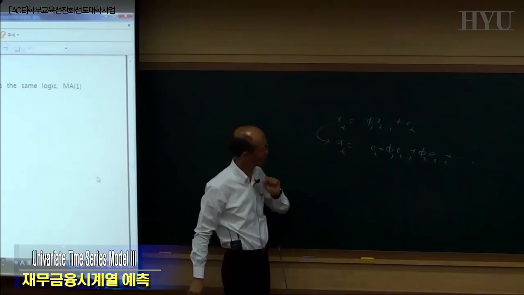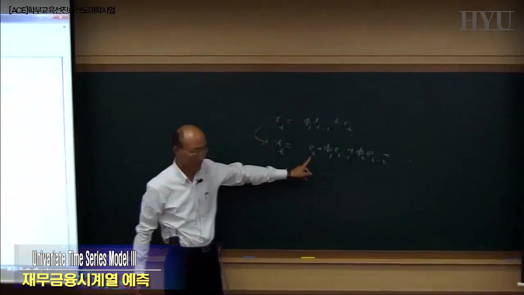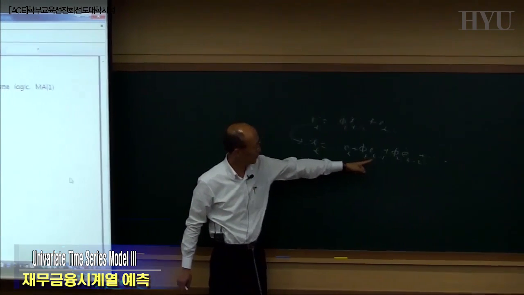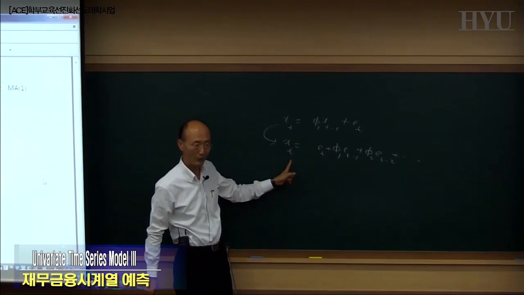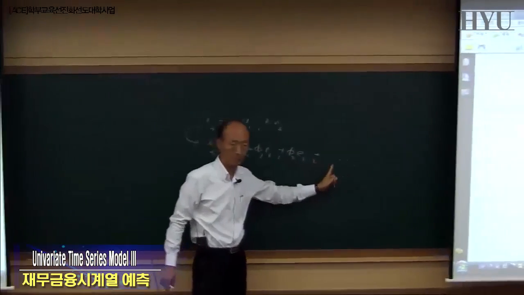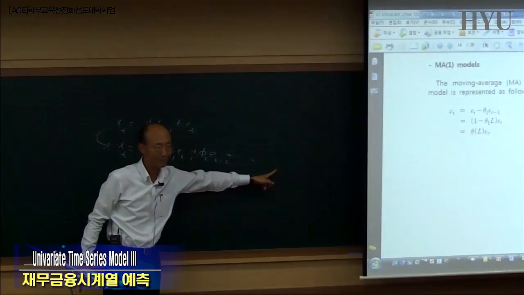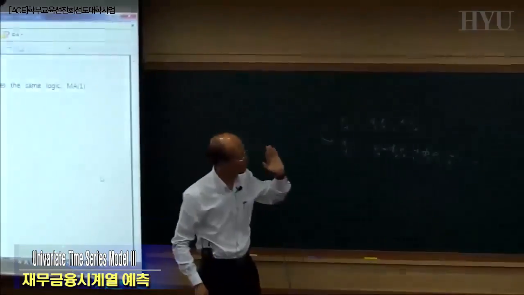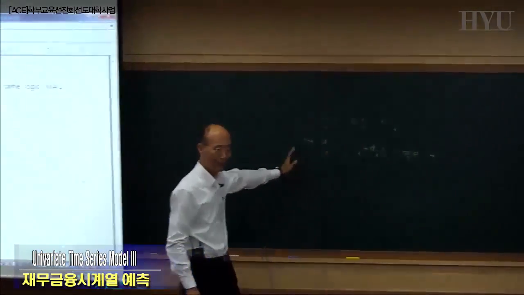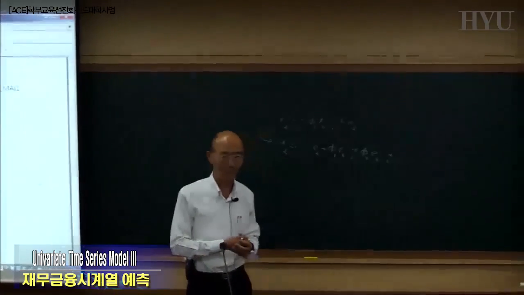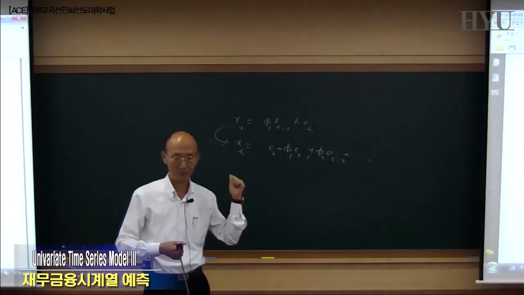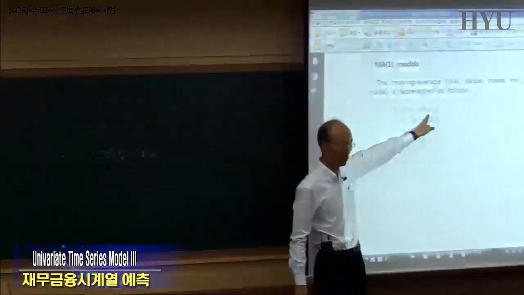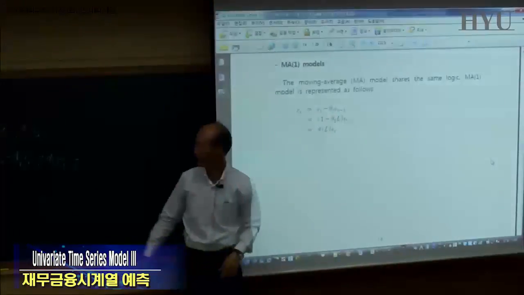But here, contemporaneous shock will affect the current value. Previous shock will affect the current value, and all of them. So the memory structure between MA(1) and AR(1), which one is longer? AR(1), right? Just short-lived memory, just one period in this case. In this case,